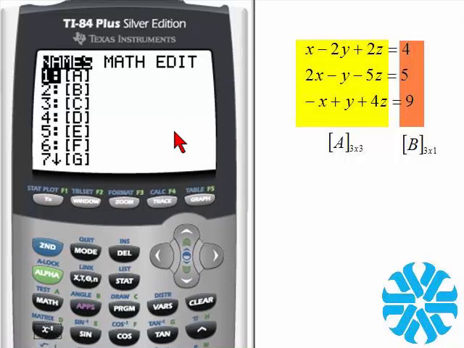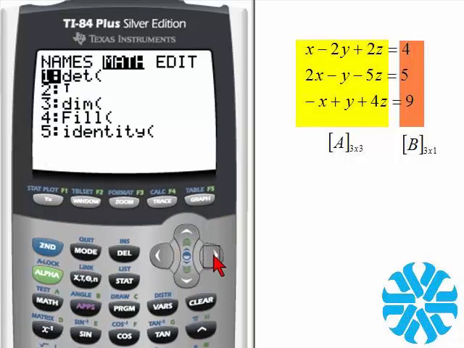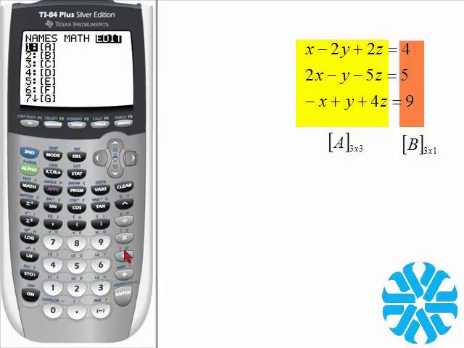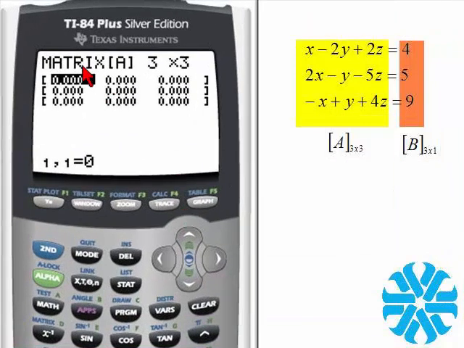So to create that, we go over to Edit, we select Enter or number 1 for matrix A, and we want 3 by 3. Select Enter. So now here's 3 rows and 3 columns. Now we will enter each row